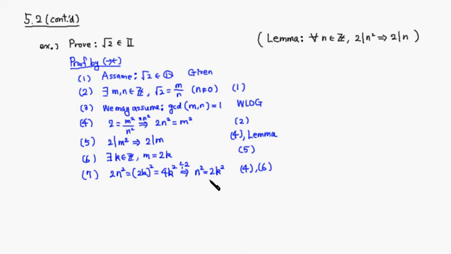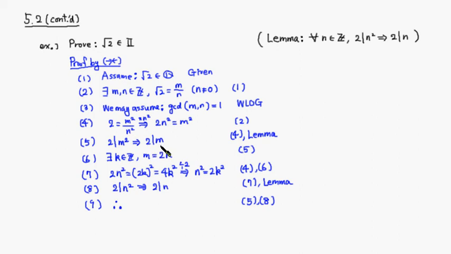But this indicates that n squared has factor 2, so it's divisible by 2. So line 8: this implies that 2 divides n squared, from line number 7. But we can again use the same lemma to conclude that 2 divides n as well. Then we have this contradiction. So therefore, if you look at line 5 and also line 8,